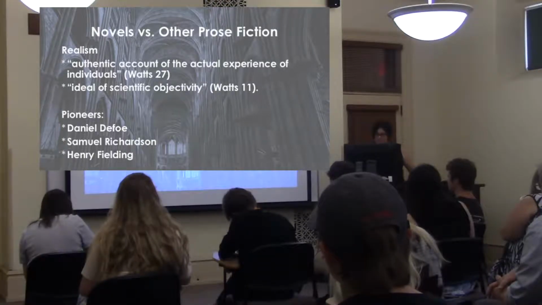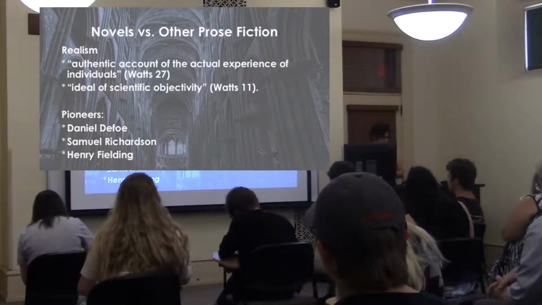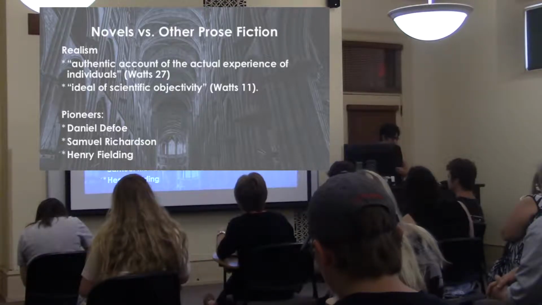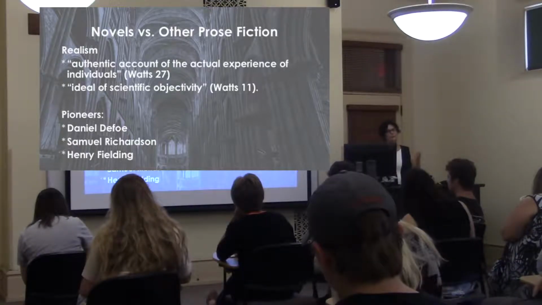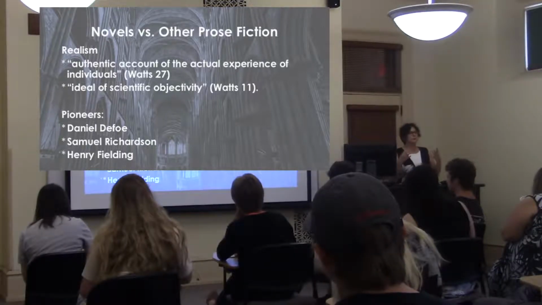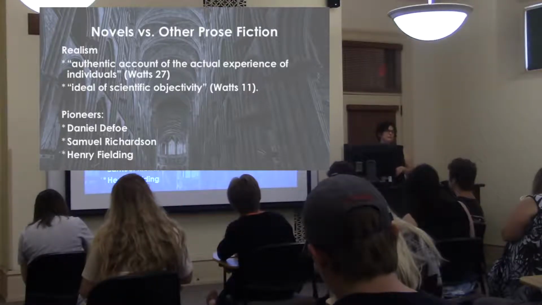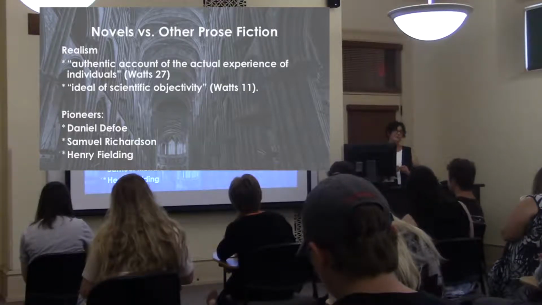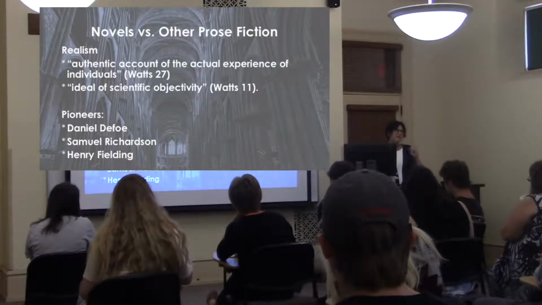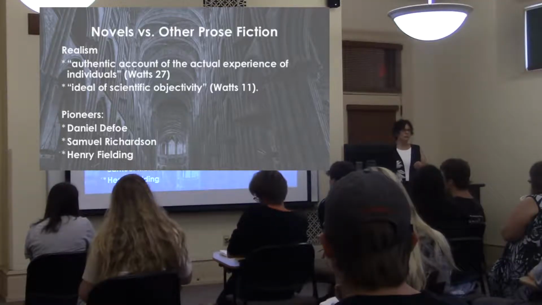So the novel form, he claims, was pioneered and established by Daniel Defoe, Samuel Richardson, and Henry Fielding. And so Watts' account of the socio-cultural and economic conditions that enabled the novel to take off is compelling. It was what I was taught in grad school. It's what I teach in my classroom. Still largely accepted by scholars of the 18th century. But like much of literary scholarship before the 1970s and 1980s, its focus is kind of narrow. So claiming that the defining feature of the novel is realism and tracing its origin to three male authors